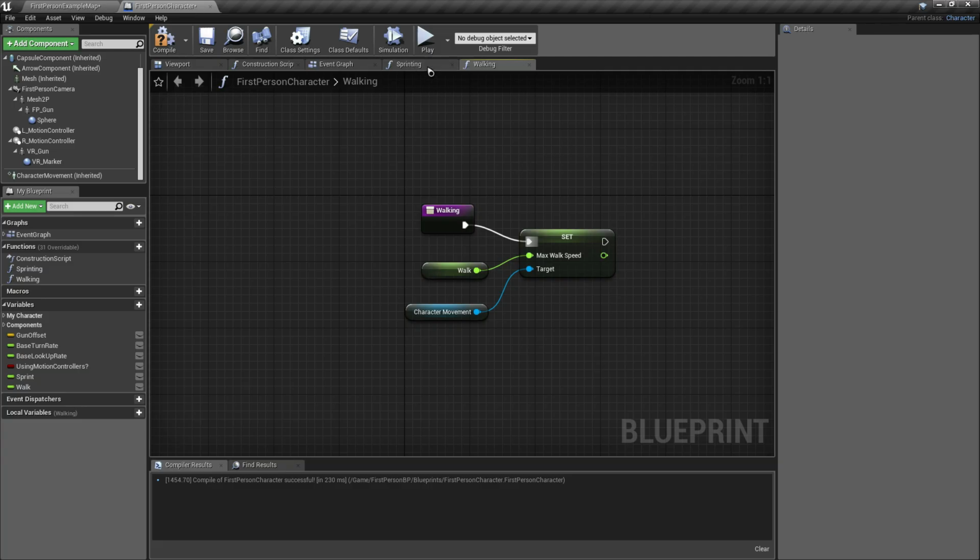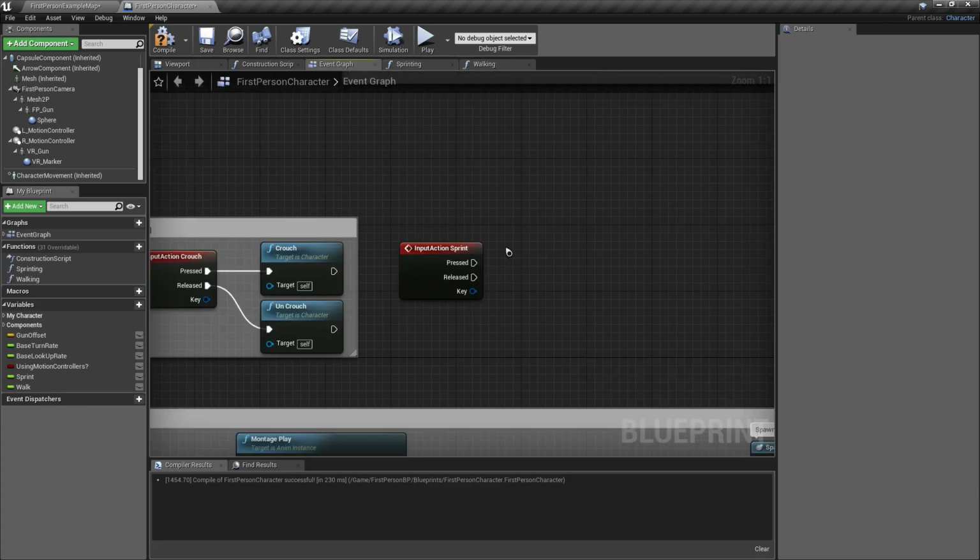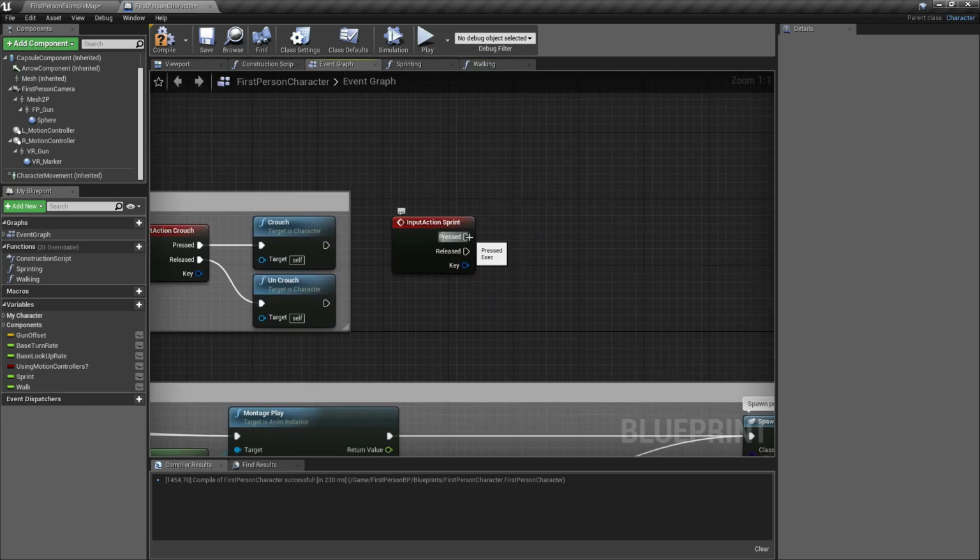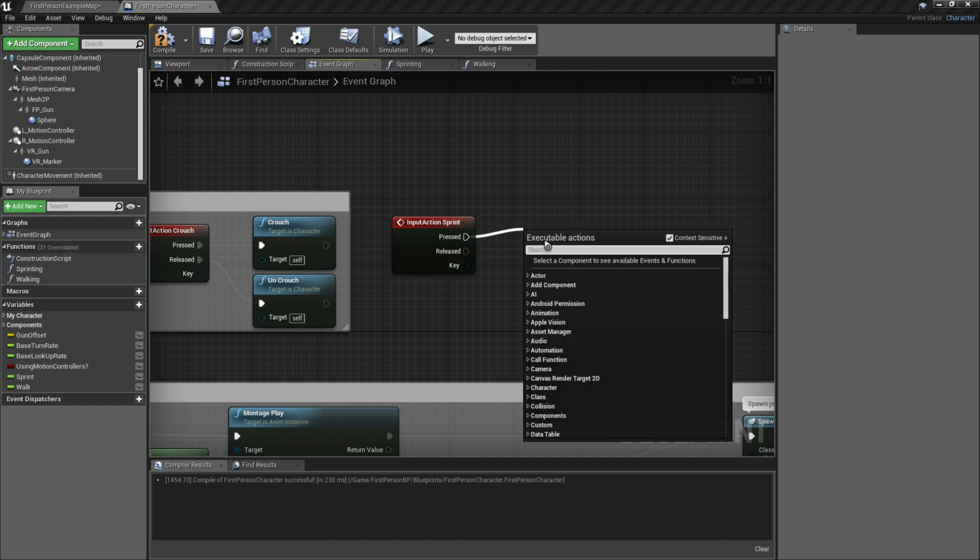After that, we already have the sprint function and the walking function that we need in the event graph. So in the event graph, what we're going to do is connect the press of our input action to the function that we created. The press should be connected to the sprinting function.